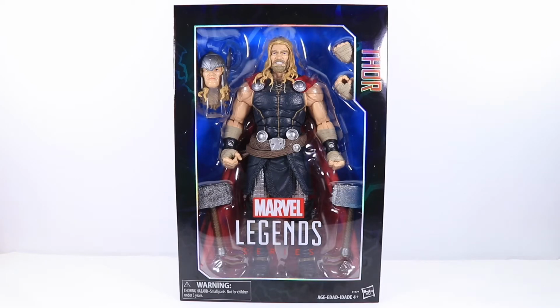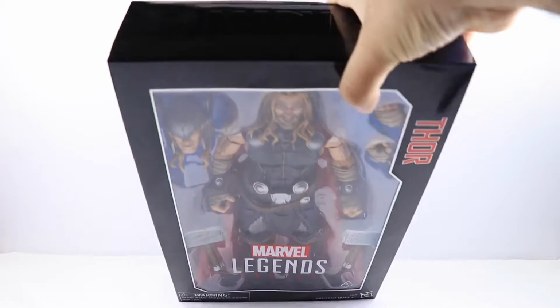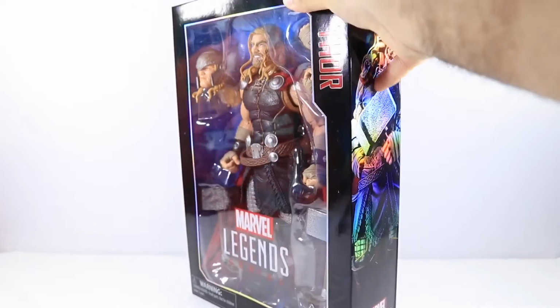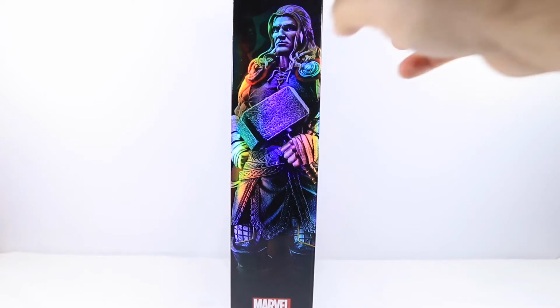So as you guys can see, the Thor's looking pretty cool with his beard, and then he comes with a young Thor head sculpt, as you guys can see. But we have the standard Marvel Legends series packaging, where you can see it says Thor right over here on the left corner. Then on the top, you have, I don't know if you guys can see it, kind of says Marvel right there, embossed. And then when you go to the side, you have a cool picture of young Thor,